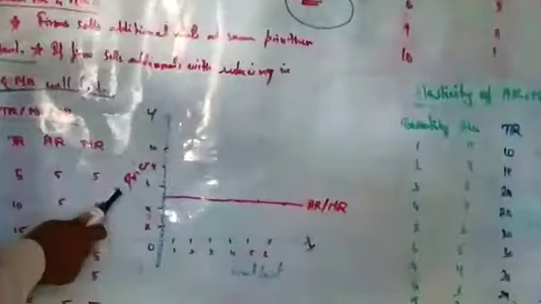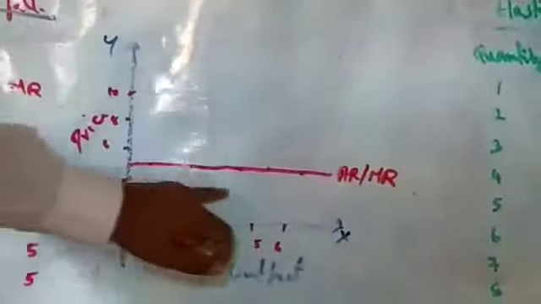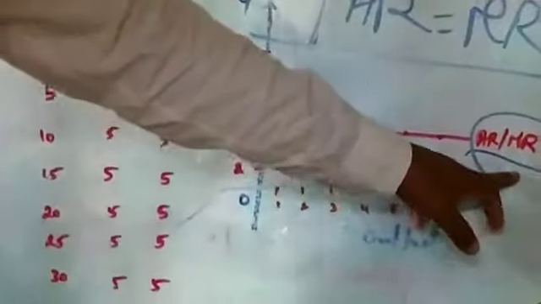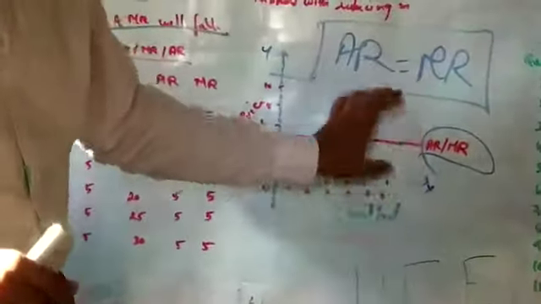So it's the same. Quantity on the x-axis, price on the y-axis. See here, we have marked 5, 5, 5, 5, 5, and AR is equal to MR. This is the basic thing. AR is equal to MR. Why is this happening? Because the price is constant. When the price is constant, average and marginal revenue will remain the same, and the curve is a straight line parallel to the x-axis. It will remain the same. AR is equal to MR.